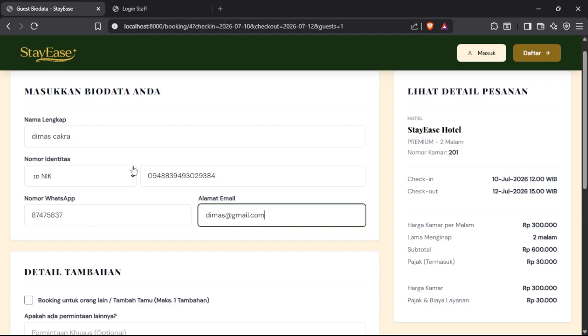Here, the guest can also choose the identity number type: NIK, which is the identity number for Indonesia, or passport if there are guests from another country.